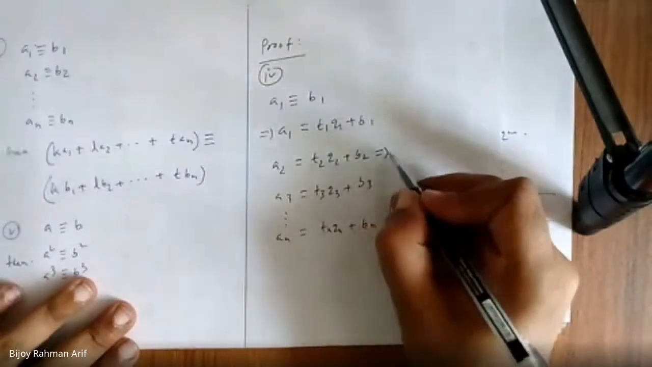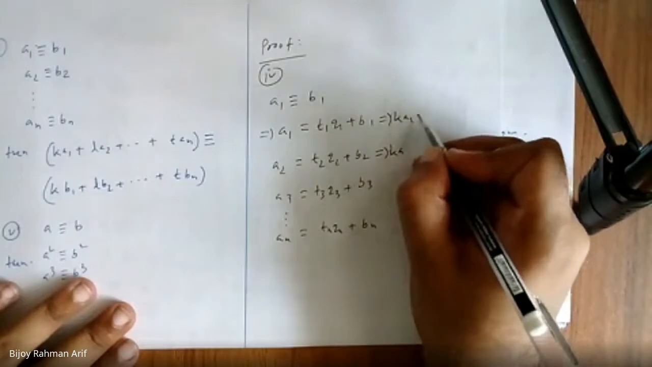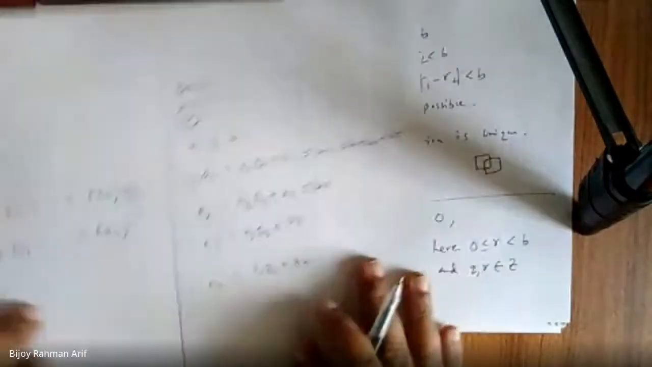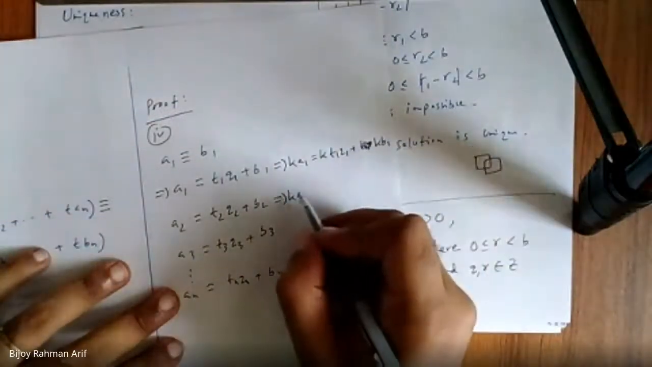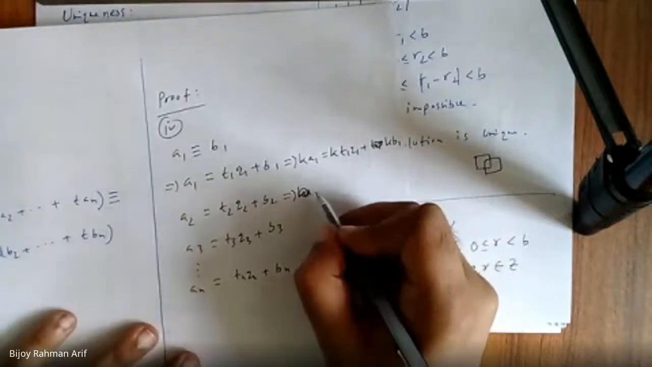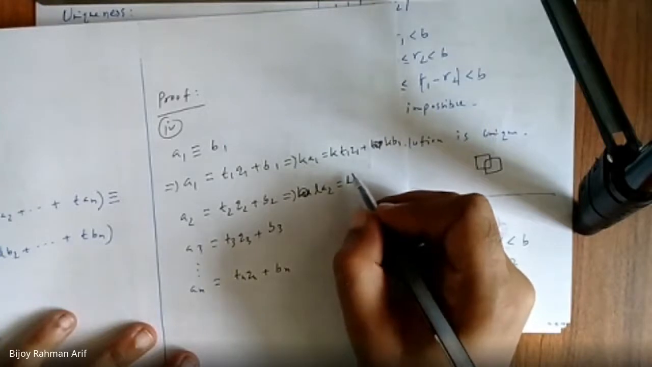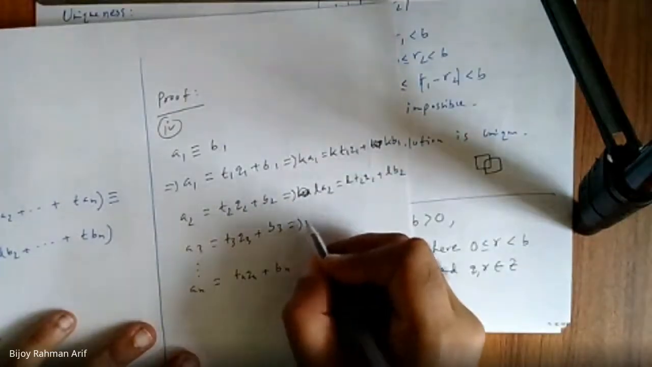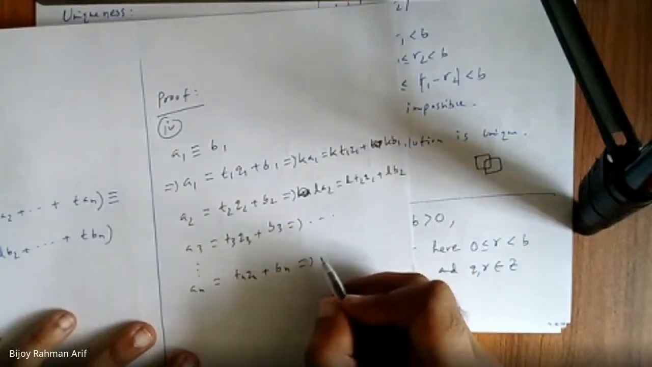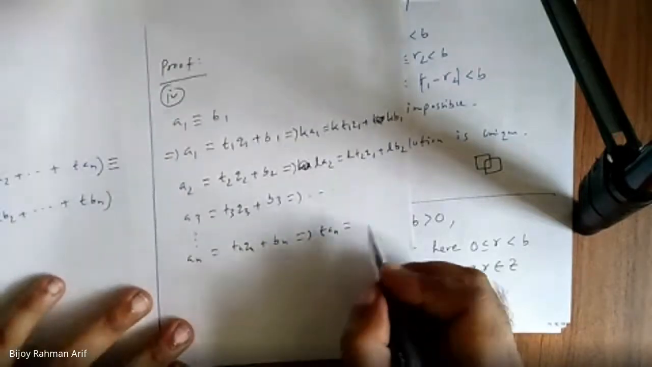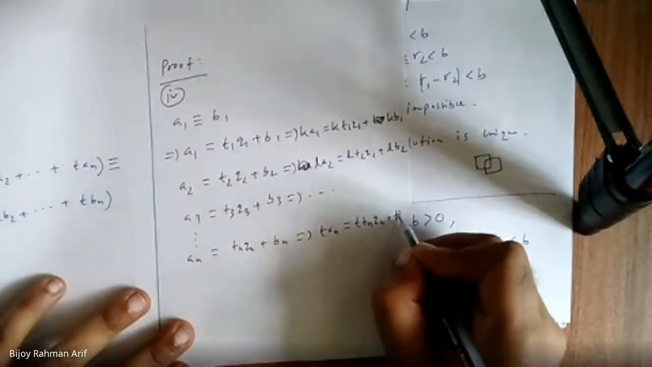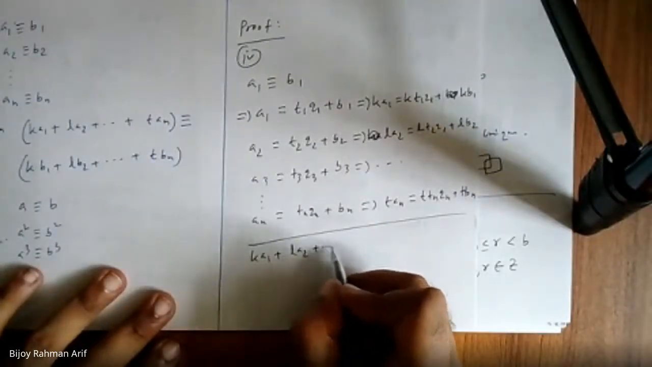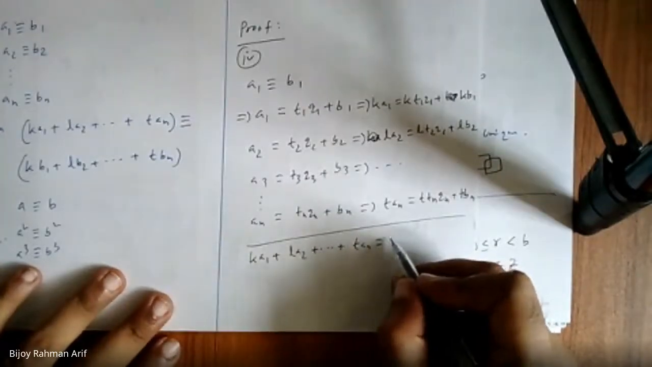So if you multiply this with K, KA1 is equal to K T1 Q1 plus K B1. LA2 is equal to L T2 Q2 plus L B2. It will go like this, the last one being LAN is equal to L TN QN plus L BN. If you add all those, what do you get? KA1 plus LA2 dot dot dot, if you take common,